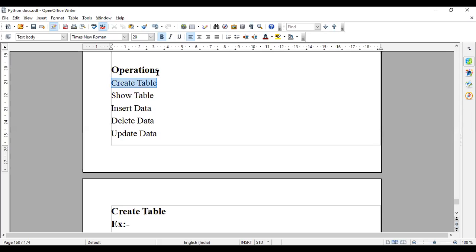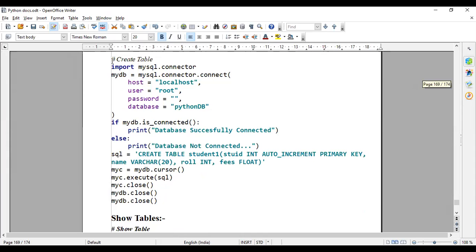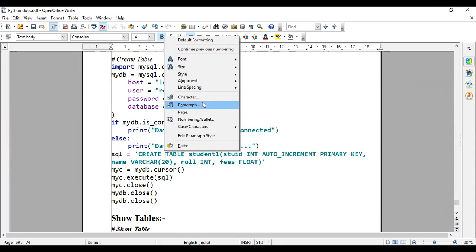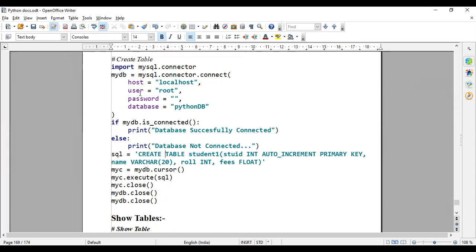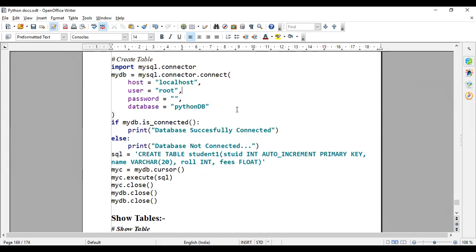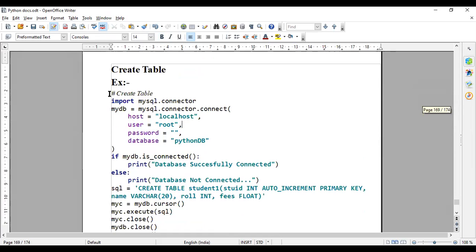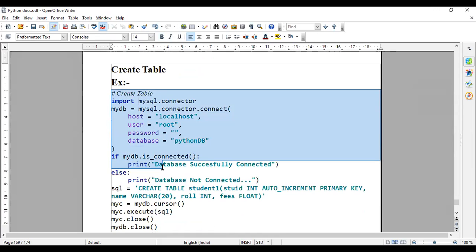First operation is create table. How to create a table? First of all, create a table.